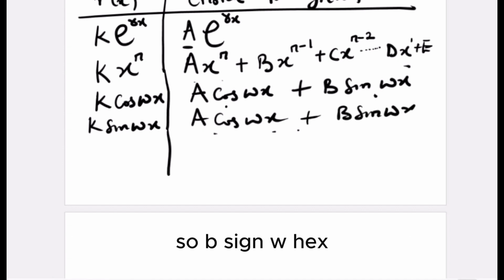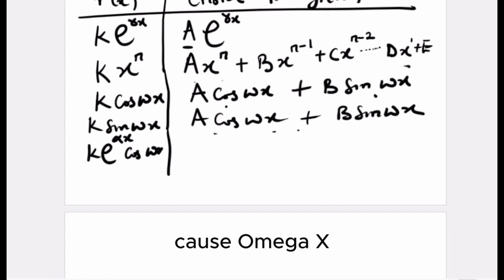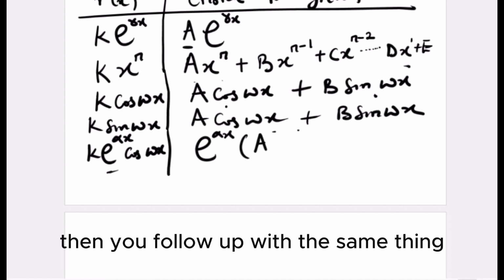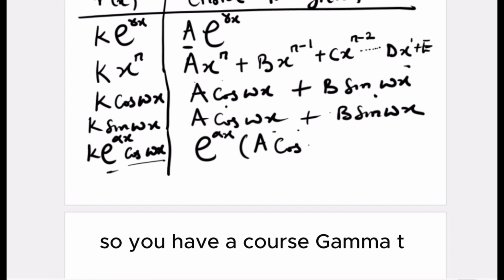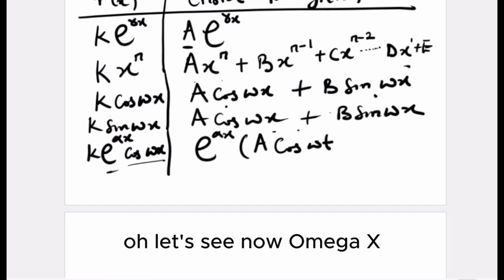So b sine wx. And if you want to write for k exponential alpha x cos omega x, you're going to write this first, e alpha x. Then you follow up with the same thing. The same thing if you have sine here. So you have a cos omega x